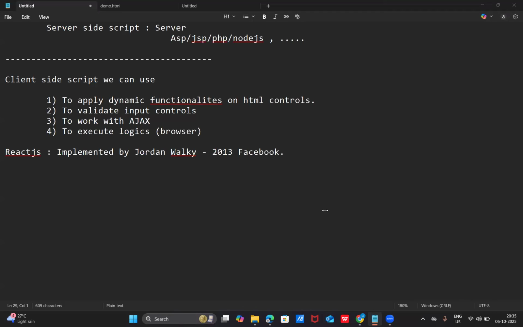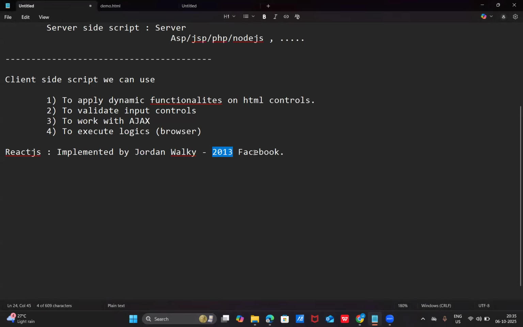Now come to this. Jordan Walke implemented this React JS in the year 2013 with the other members of Facebook. He is one of the employees in Facebook Corporation, and he implemented this React JS in the year 2013. What is the reason behind this implementation? Yes, the reason is